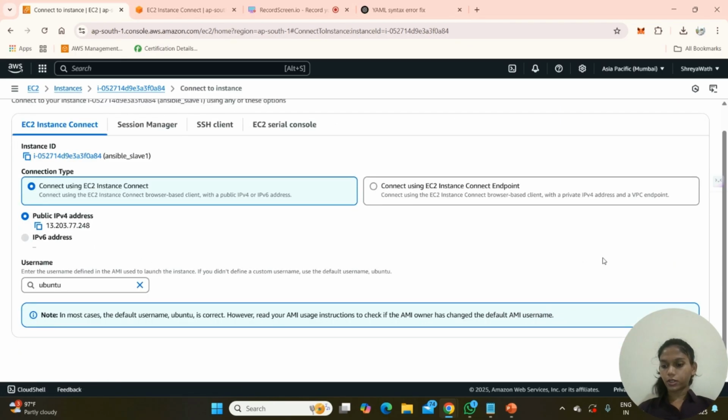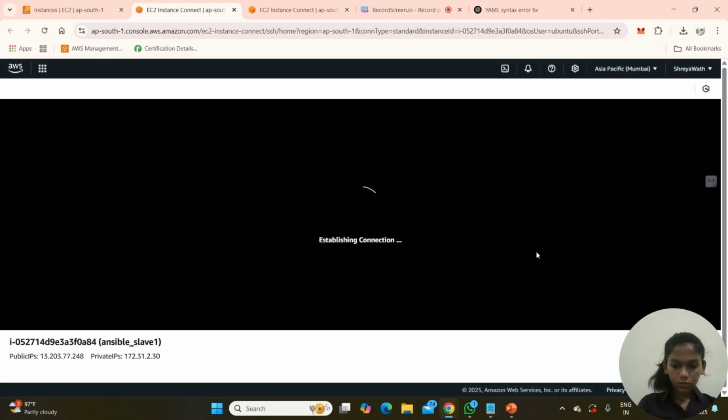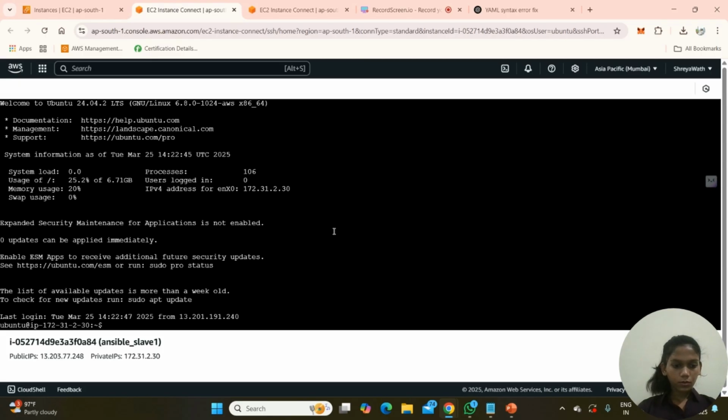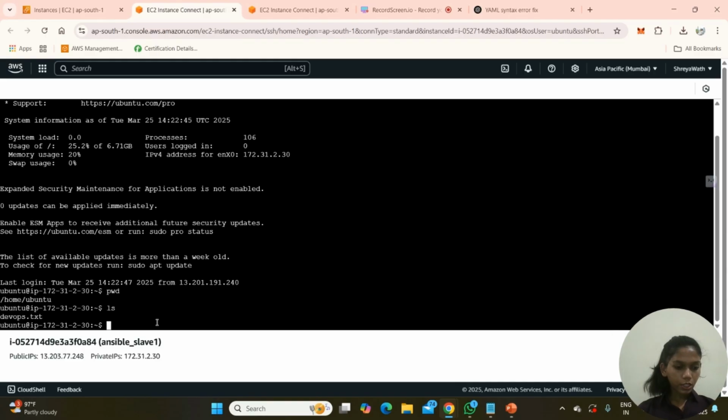So this is our first slave node. Type pwd, present working directory, and then list all the files. You can see the devops.txt file has been created.